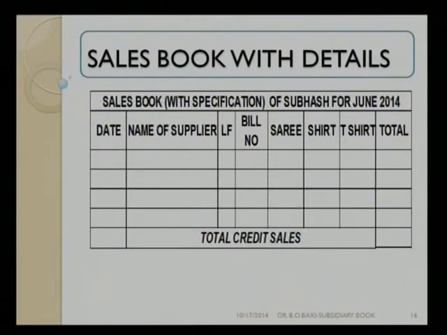And it is very important from the viewpoint of checking, because it may happen that traders take into account their estimation that we have made an estimation that this much sales will be done in this particular month, and actually how much sales is done on credit basis. Then we can easily check with the figure which is given at the end of the month. Now look at this one, total credit sales. The last column will give me the total sales, as well as the above columns will give me the total sales of sari, shirt and t-shirt.